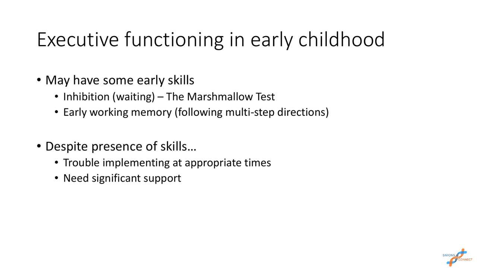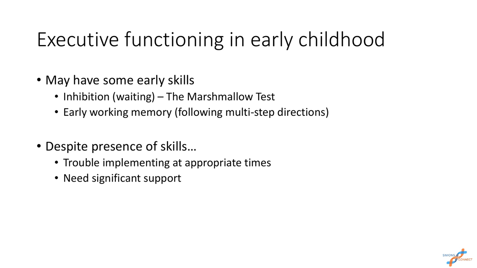The marshmallow test, if you haven't seen it, is a very famous example of very young children and their ability to wait for a reward or inhibit their behavior. Essentially the way the test is run is a child is put into a room with a nice, yummy-looking marshmallow, and they're told that they could eat the marshmallow now if they want. But if they wait, usually about 5 minutes, although I don't believe they told the children how long they were going to wait, then when the adult came back to the room, they would get 2 marshmallows. But if they chose to eat the marshmallow now, they just got the 1. But if they were able to wait, they got 2.